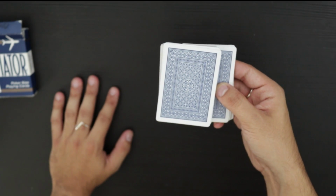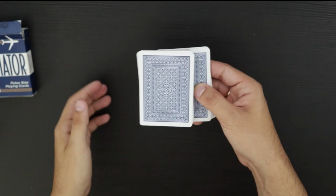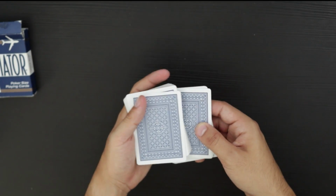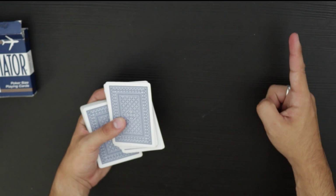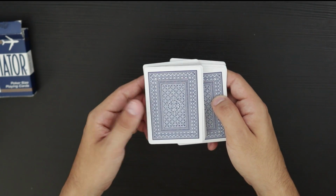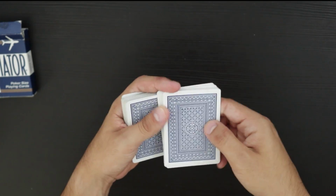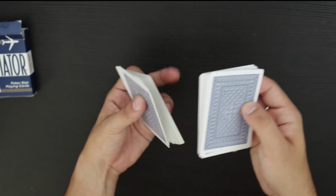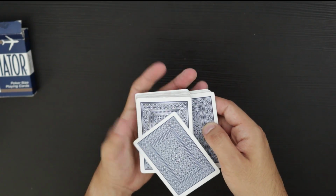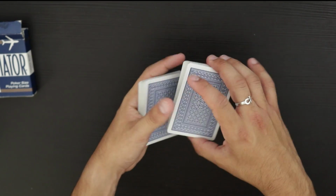Now comes the hardest part of this entire cut here, which is the spin, the Benihana. Just to drop that video again, because there's another false cut, but you're essentially doing the same thing. And the best advice that I can give for this particular part here, which is you are flipping this half onto the left hand, is that you want to practice just putting enough of a rotation so